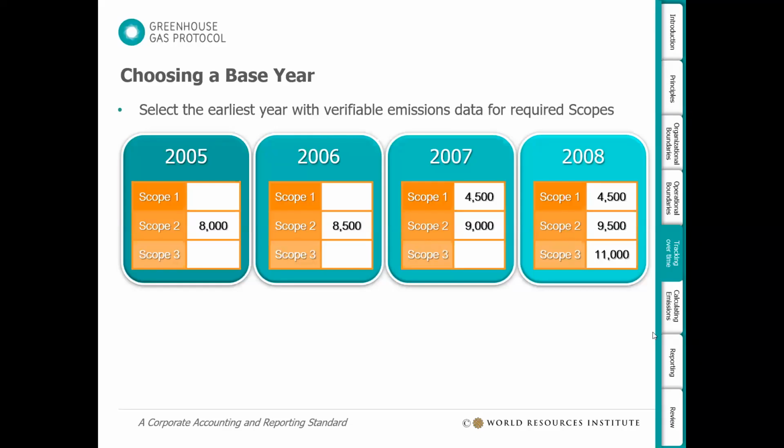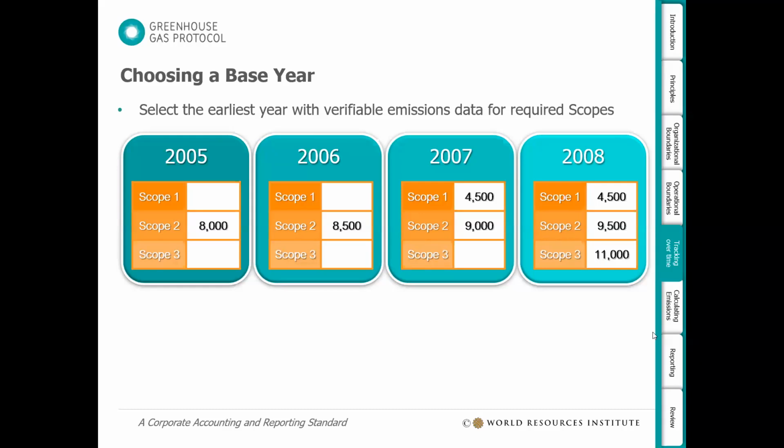Jesse asks, what if a company's Scope 1 inventory is incomplete? Should it still report that inventory, and perhaps should it still use that inventory as its base year inventory? And I think the answer is yes. I don't see any problems with that. I think it's important to emphasize that